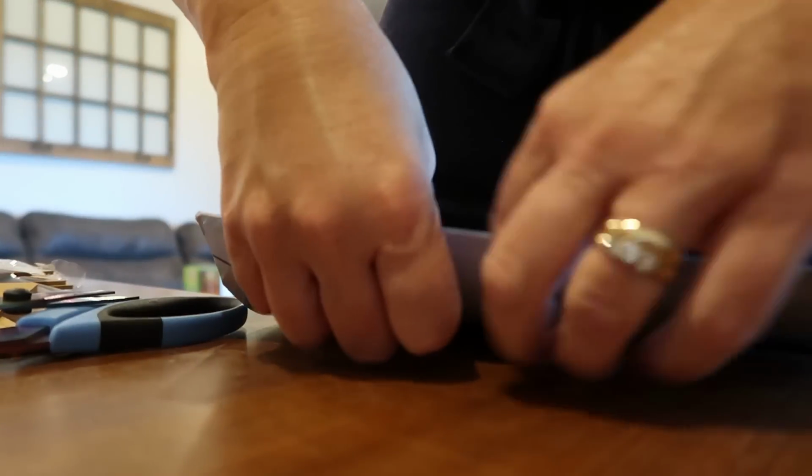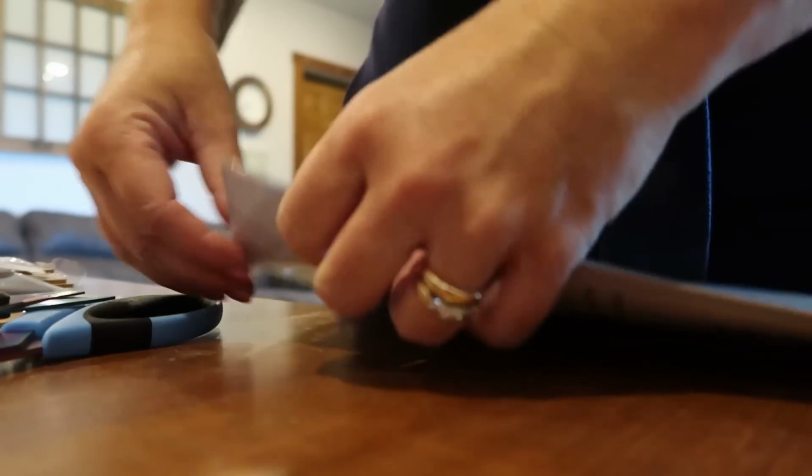And can you ever have too many scissors? I mean, I don't care if it's a homeschool classroom or just your kitchen. It seems like scissors are always getting,